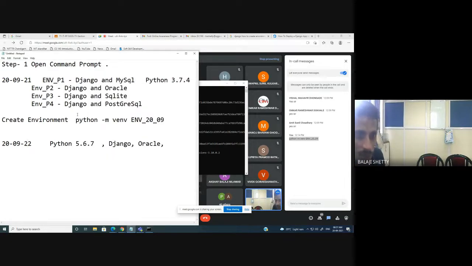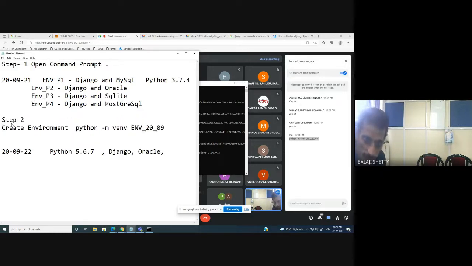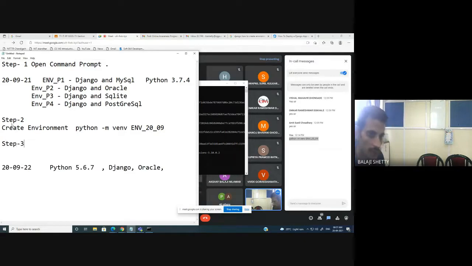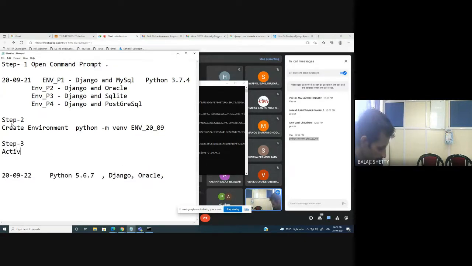Let me summarize the steps. Open the command prompt, this is step 1. Step 2 is create the environment. Step 3 is activate the environment. It's very simple. Whatever environment name you have given, env_20_09/Scripts/activate.